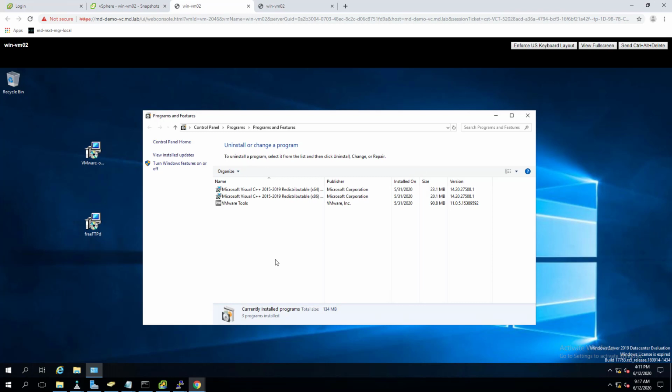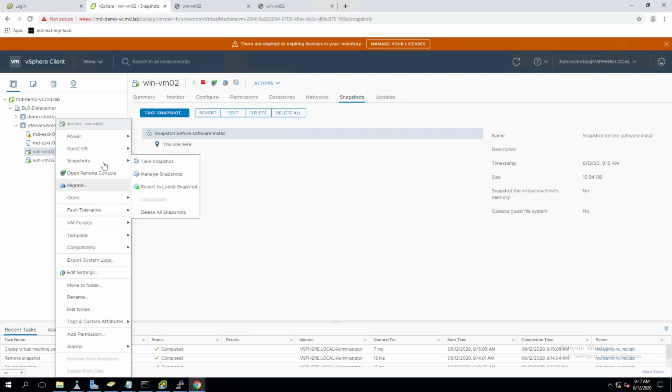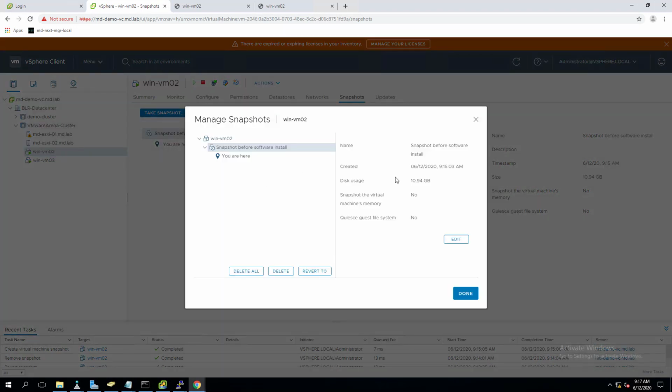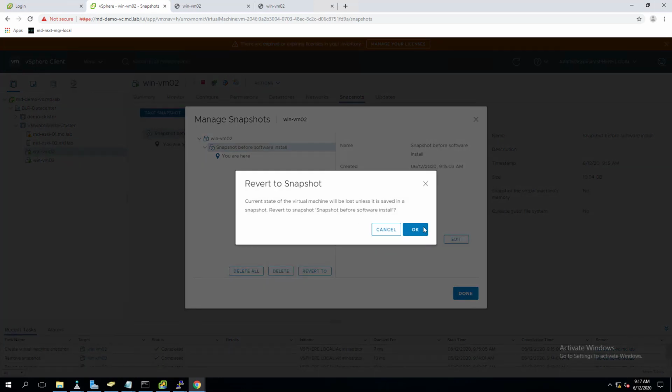The software installation has been completed. Let's refresh it. Yes, the VMware OVF tool is installed. We have taken a snapshot before we installed the OVF tool, which is without the memory. Let's revert the snapshot. Go back to snapshot, manage snapshot. We can also select revert to latest snapshot to revert to the latest snapshot which we have taken. Select the snapshot, click on revert, which is not a memory snapshot. Click on OK,